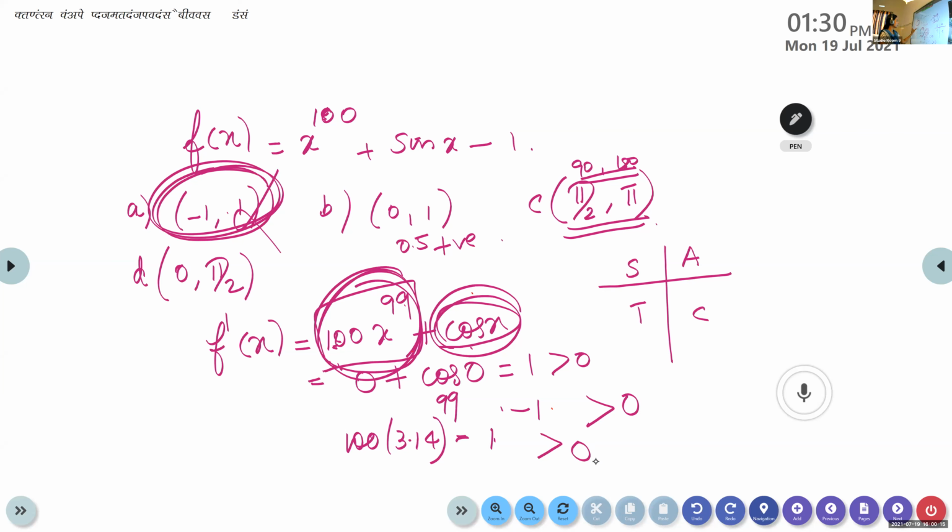Same way, if you take the first quadrant, 0 to 90, it is positive, isn't it? In the first quadrant, all the trigonometric ratios are positive. So here, the answer is none of these. In all the intervals, it is positive. We are not getting a decreasing interval. Is it clear? So here, in all the intervals, it is increasing. We are not getting an interval with decreasing.